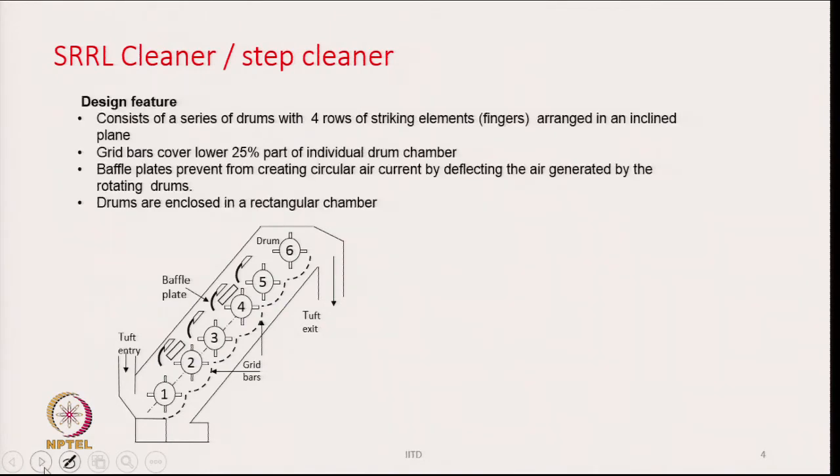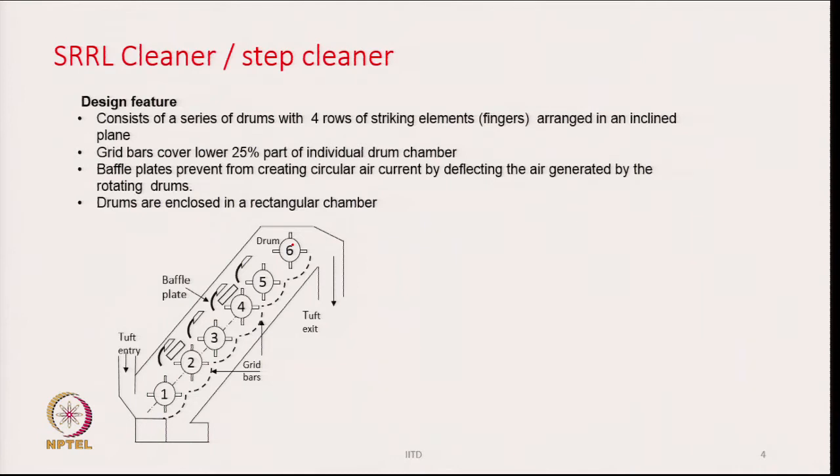The first machine in this category is known as step cleaner. Now, a cross sectional view of the machine is shown here. It consists of a series of drums, like see here 1, 2, 3, 4, 5, 6 drums are there, with each drum having 4 rows of striking elements or fingers on the surface, and they are all lined up in an inclined plane.